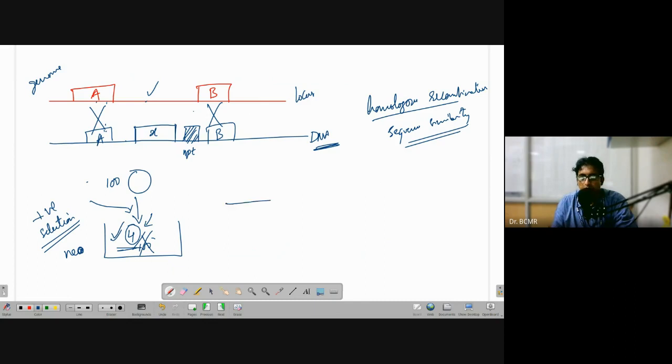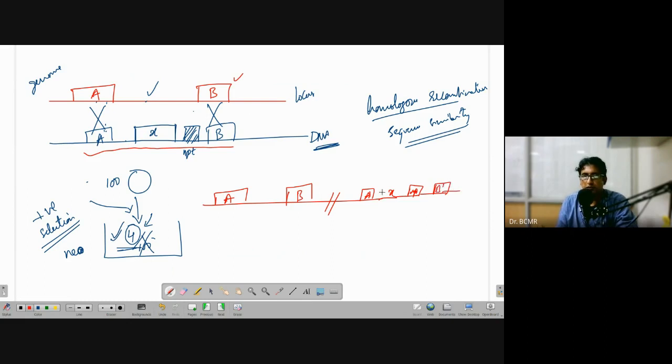There is a problem, however. What if, say for example, I draw the genetic locus as it was, A and B, and assume that this whole DNA construct that I'm showing here got integrated somewhere else: A, X, NPT, and B, B prime, small fragments. It did not get incorporated where I want it to. Somewhere in the genome, it got incorporated by non-homologous mechanisms. It is always a possibility.